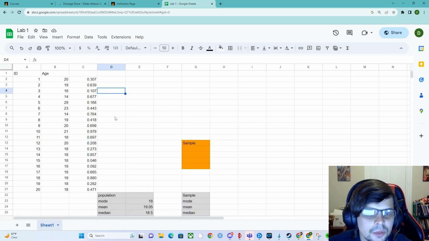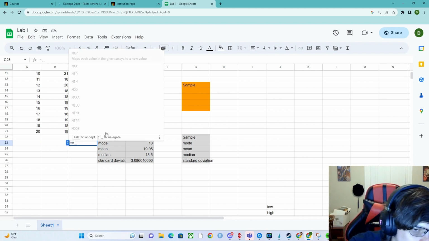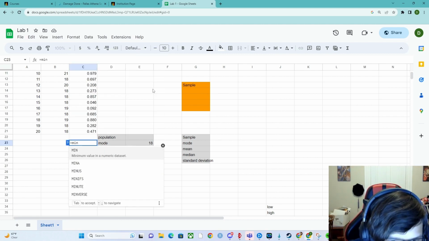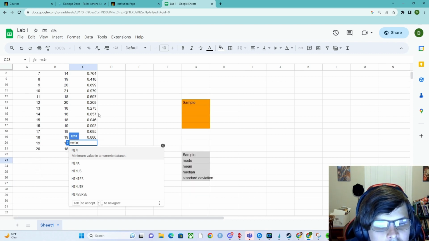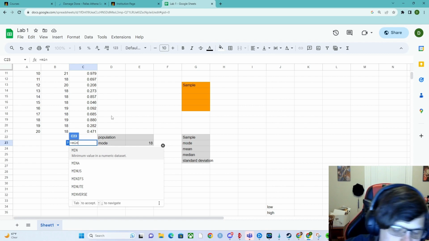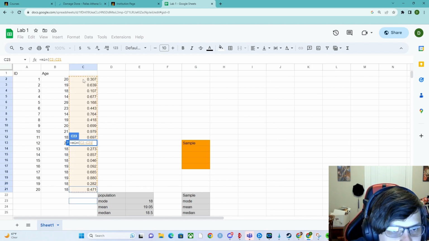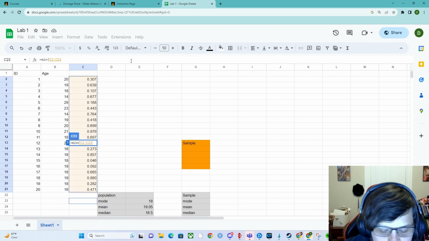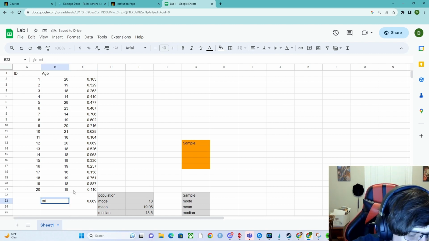So now that we have our random numbers in place, we need to pull a sample. So what we're going to do is go down here, hit equal min to figure out what the lowest number in the data set is. Now why are we figuring out what the lowest number in this random generation is? Our criteria for pulling a sample in this case is we're going to pull whatever the lowest number is in the data set. So equal min, and then we're going to highlight this like we did with the age for calculating average, and hit enter. And in this case, the lowest number, we'll hit min, it'll generate again, is